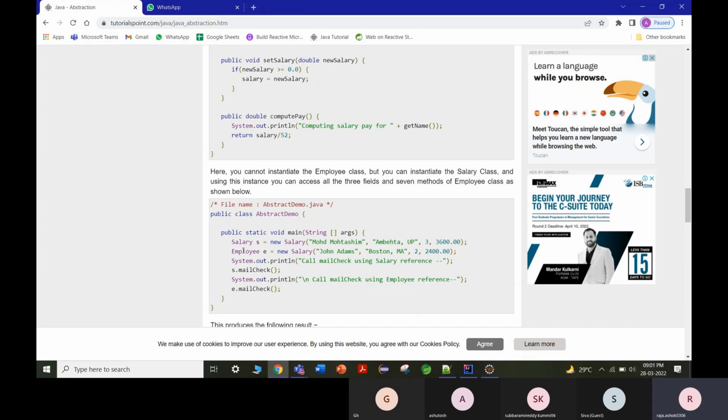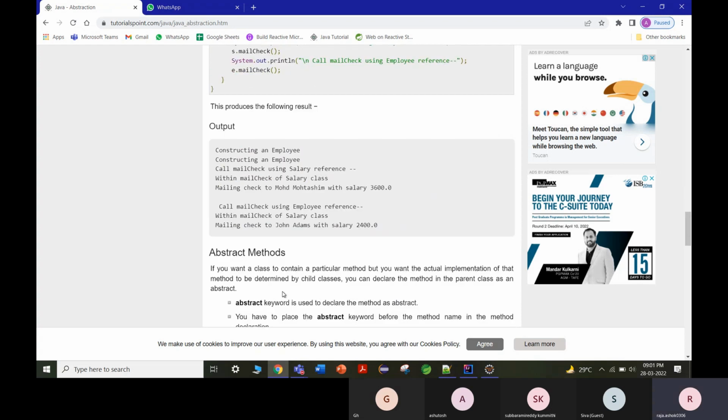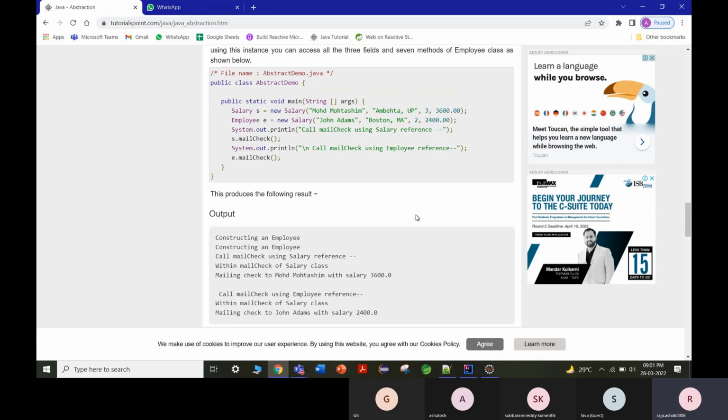So here we are creating the object for the child class, and here we are creating the object by referencing the parent class, and he is checking in both ways what is going to happen in the output, so that you can go through this documentation, and if you have any doubts you can always get back to me, right? So what happened here when he called yes dot mail check, this is what happens within mail check of the salary class,